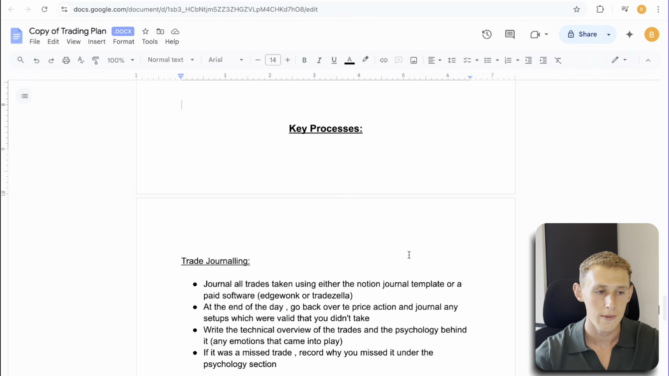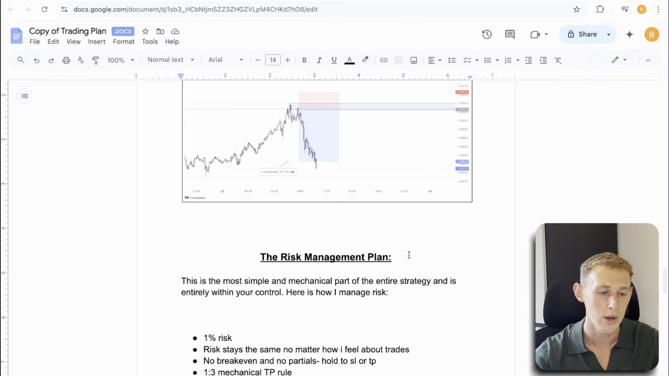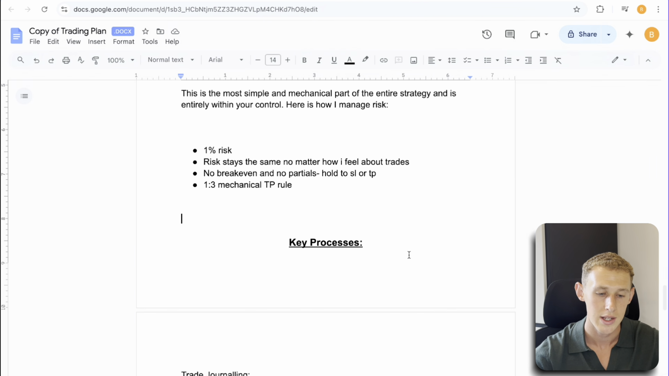Now, there is one final thing to mention about this strategy, which is the actual risk management side of things, which, to be honest, is the simplest and easiest part of the entire system. This is purely mechanical, there's no discretion whatsoever, and you guys can simply rinse and repeat this on every single trade. There's no reason to stray away from the rules, and you can just follow this every single time mechanically. So what I want to mention here, if we go over to the risk management plan, is